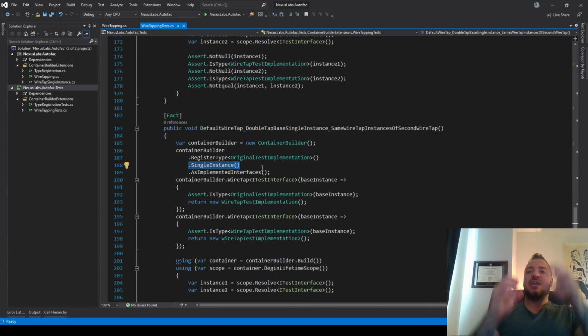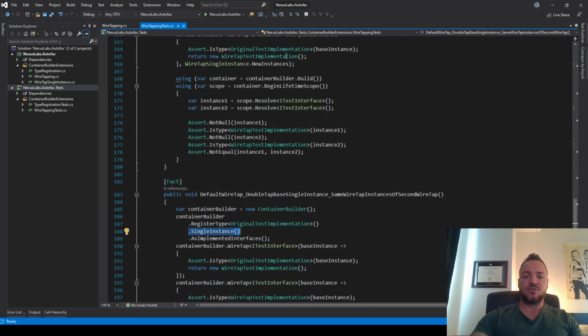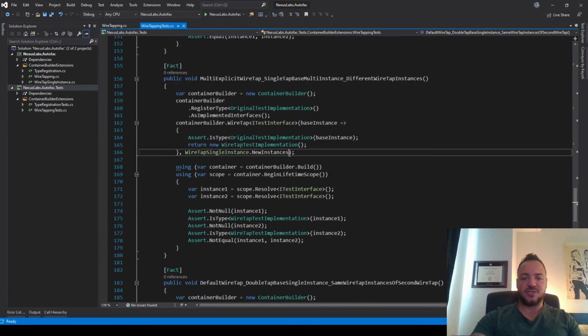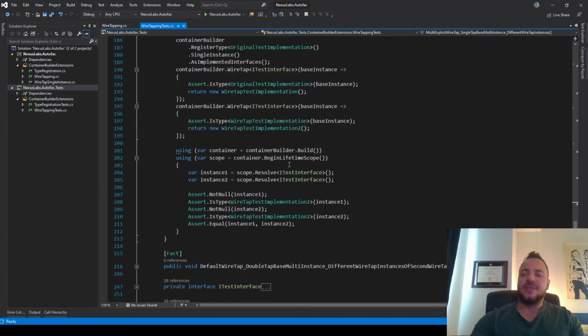So you keep chaining these methods up, and that feels really good to use. My wiretap method doesn't do that, right? So maybe I would want to say .wiretap, and then where I'm passing in those explicit extra parameters, maybe it would be really cool to say .single instance. Right? Maybe that would be what people want.